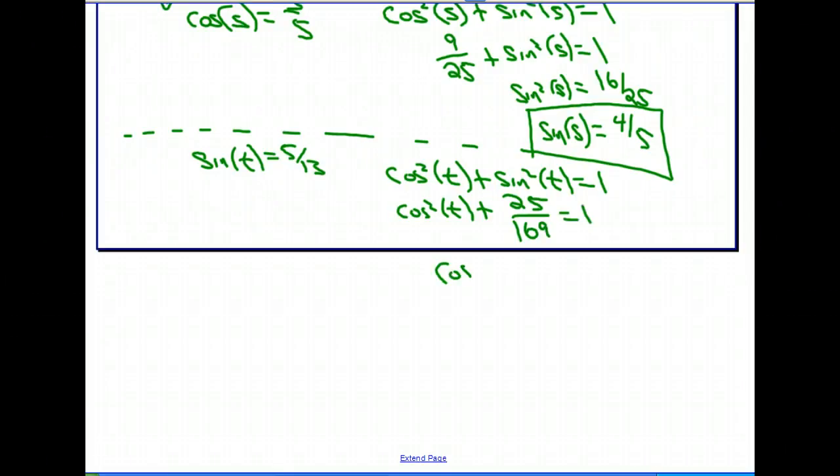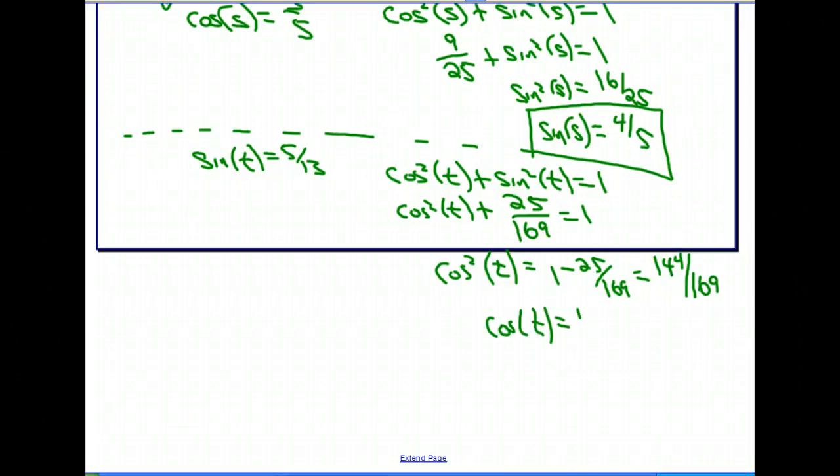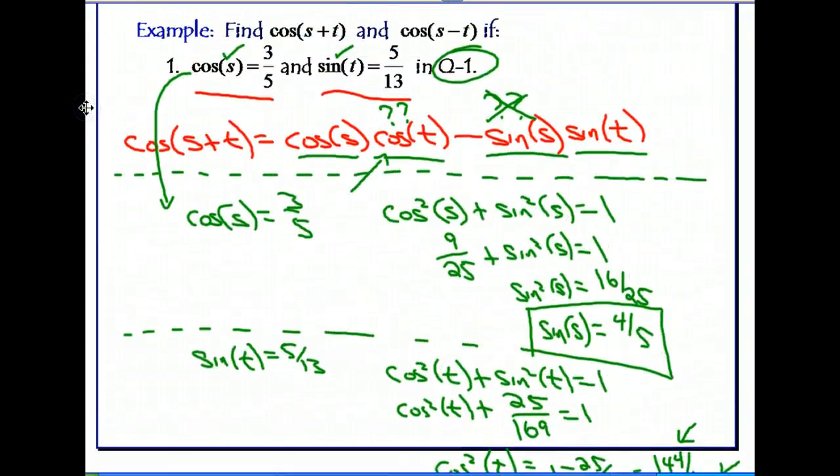Subtract 25 over 169 from both sides. So I get 1 minus 25 over 169. Get a common denominator. And you're going to get 144 over 169. How do you get rid of the square? Take the square root. And I get the cosine of t is 12 over 13, because 12 is the square root of 144, and 13 is the square root of 169. So I now have the cosine of t. I've got the sine of s. They gave me 2 parts of this problem initially to work with. They gave me the cosine of s and the sine of t, so I can come back to my identity